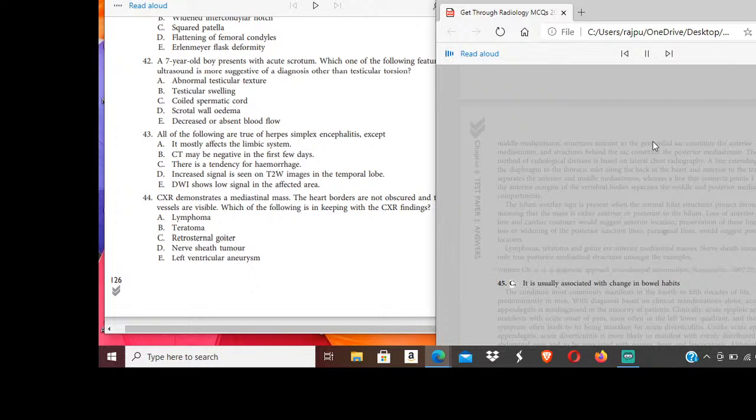It is usually associated with change in bowel habits. The condition most commonly manifests in the 4th to 5th decades of life, predominantly in